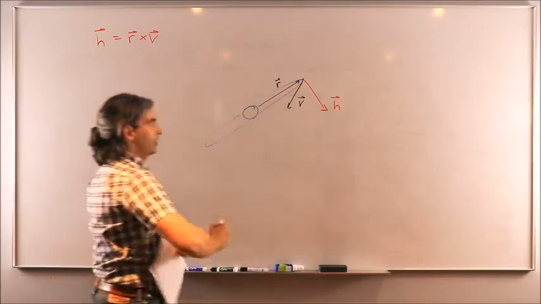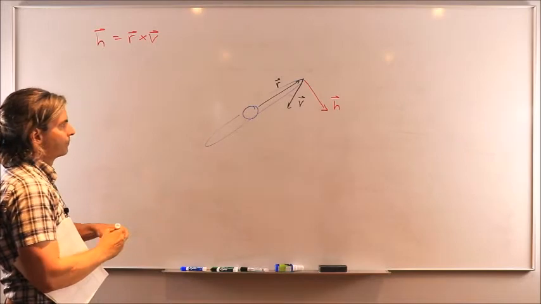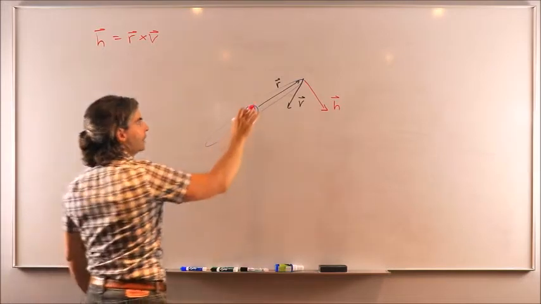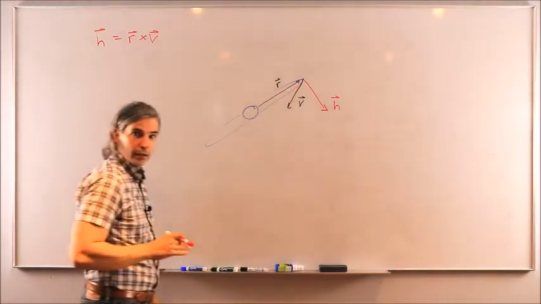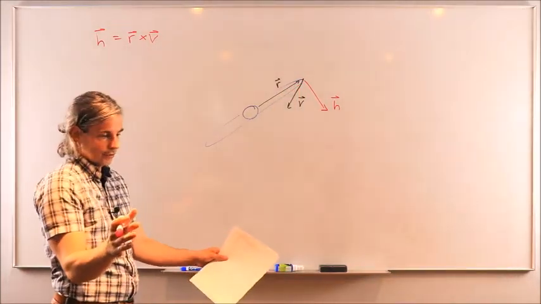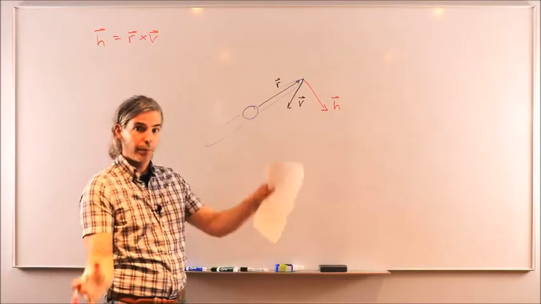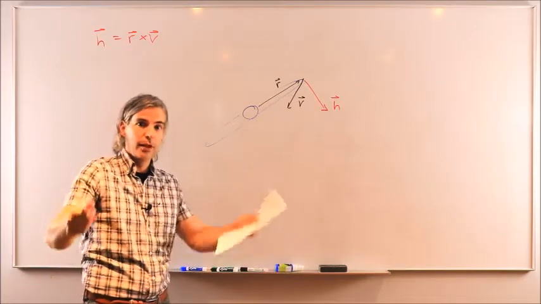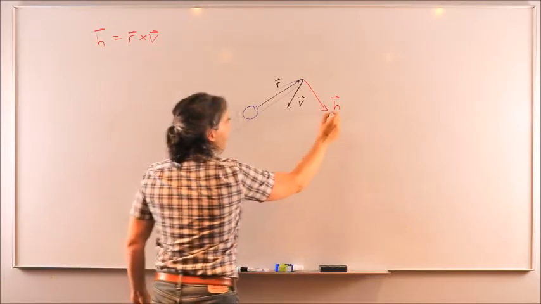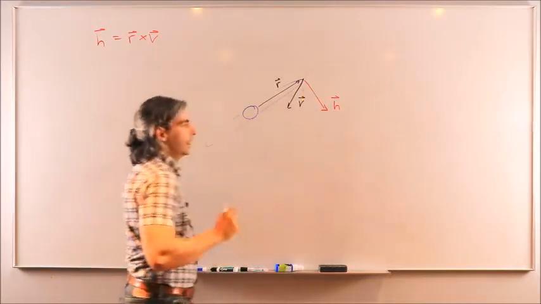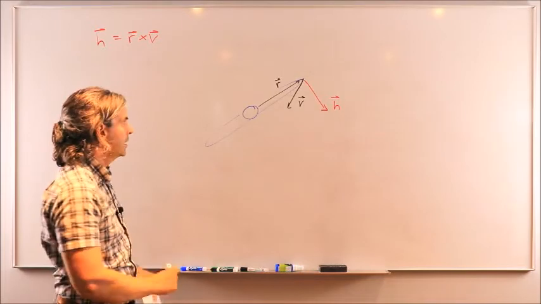Okay, this is your h vector going down. So if r and v are actually drawing a plane, because two vectors could be drawn on any plane, right? It's only a matter of tilting the plane properly to catch those two vectors. And if h is perpendicular to the plane and is known to be constant, what it means is that